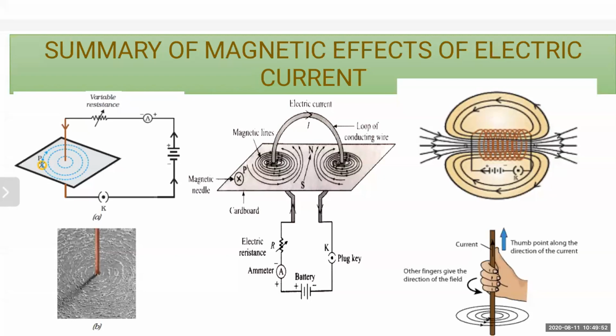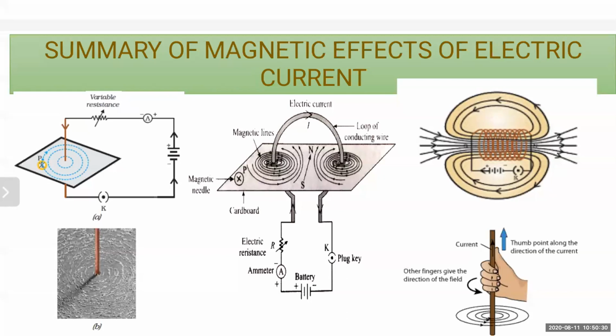Okay. So the second part is the circular loop, and look at the magnetic lines. You have to observe that when we increase the current, the strength of the magnetic field is also increasing. So the intensity of the magnetic field totally depends on the strength of the current. When the current is increasing, the magnetic field also increases.